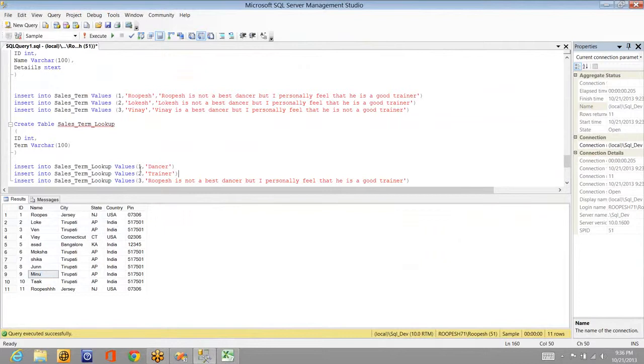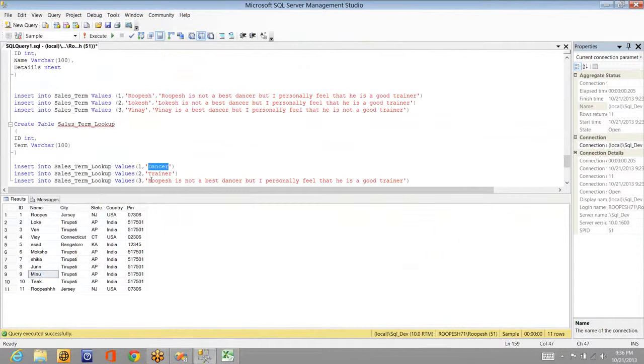And here I've created a lookup table. That means if I check "dancer", it will go and check here and extract that. So this term lookup is similar to fuzzy lookup. In fuzzy lookup, it will go for a similar word, with a similarity percentage, but here it will check whether this word is there in this particular one or not. If it is there, then it will get it. Trainer, if it is there in any one of these, it will get the record. If you give the full string also, it will compare and get it.